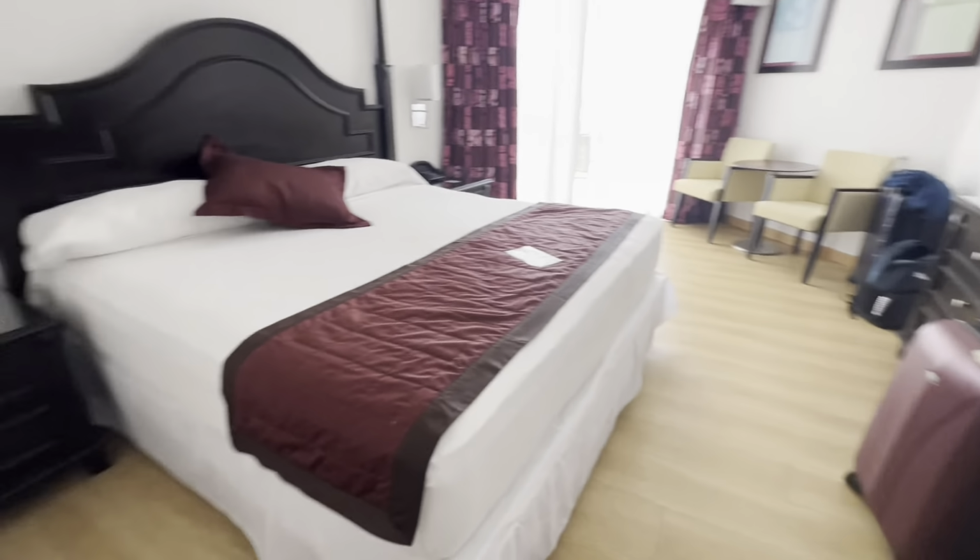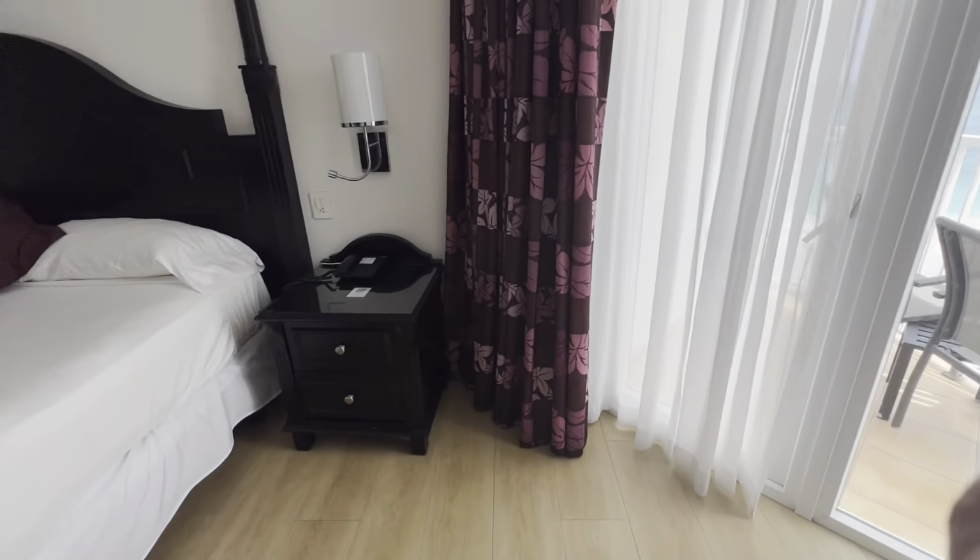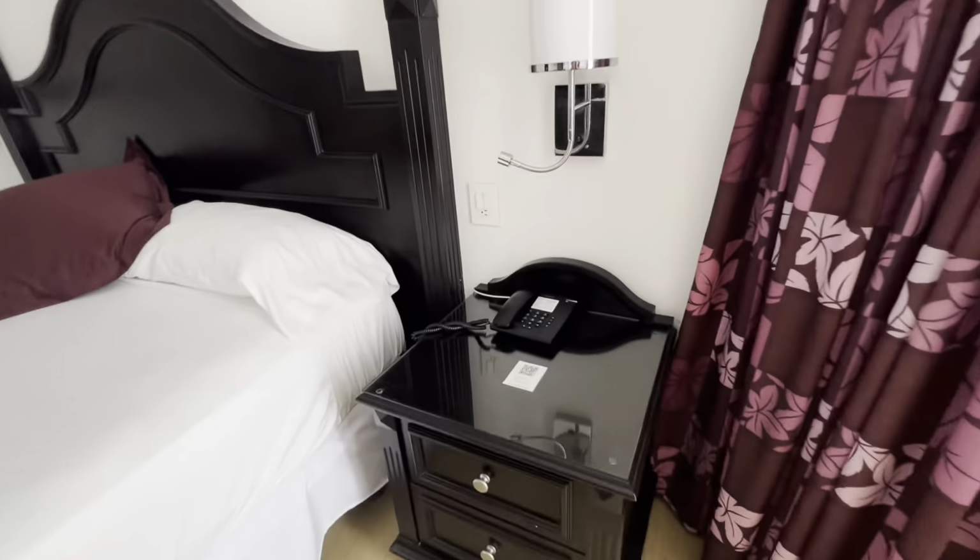We've got, oh, nice, USB port here, as well as a reading light. And you've got your air conditioning there. No ceiling fan, but I just don't mind that at all. Flat screen TV and lots of storage again for all your stuff. Nice seating area. And on this side, okay, so this side's got the